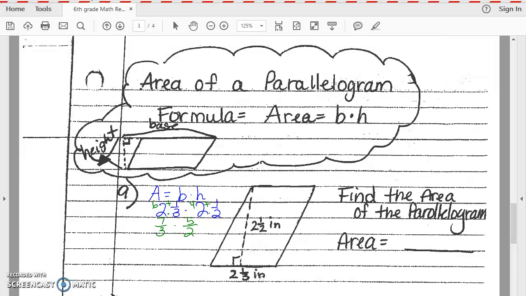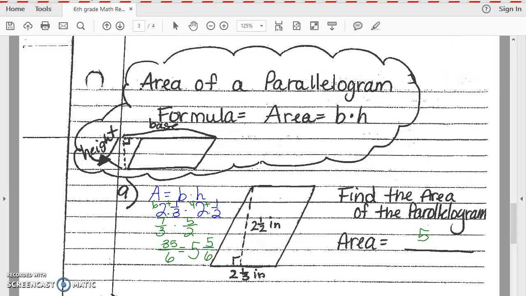And now I have 2 improper fractions, so I'm ready to multiply them and solve this. So now I'm going to go 7 times 5 is 35. 3 times 2 is 6. And then before I'm done, I need to turn it back into a mixed number and simplify if needed. So I say to myself, how many times will 6 go into 35? 5. So 5 is my whole number. 5 times 6 is 30. So I subtract that from the 35 to find out how many I have left over. 5. Which is 5/6. Can 5/6 get any smaller? No. So my area is 5